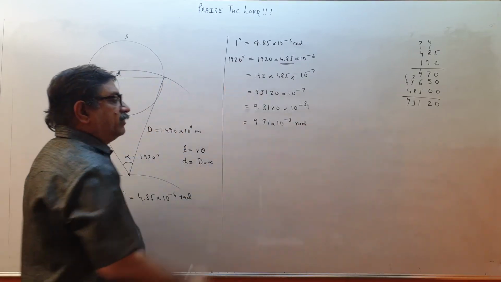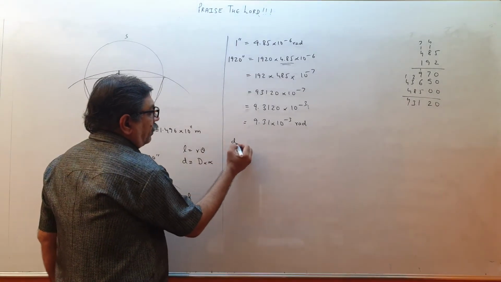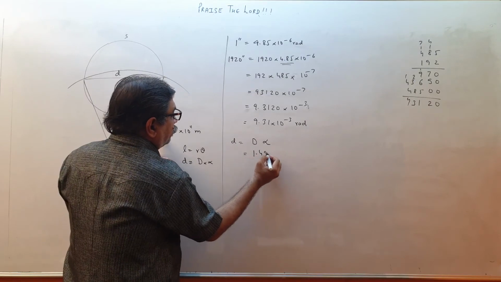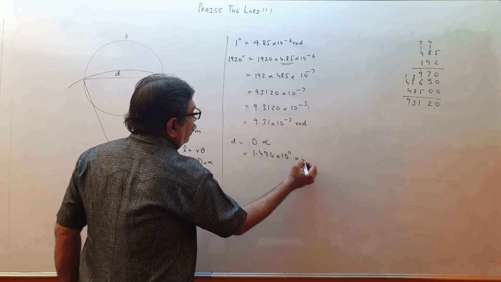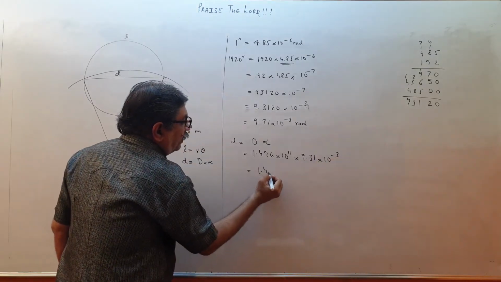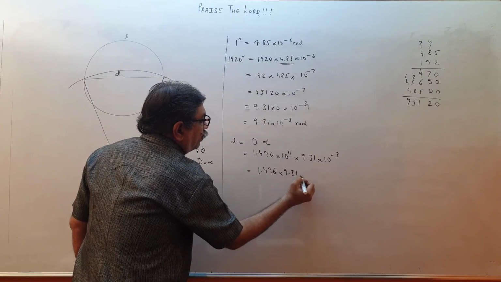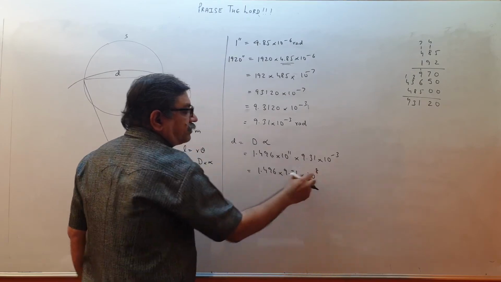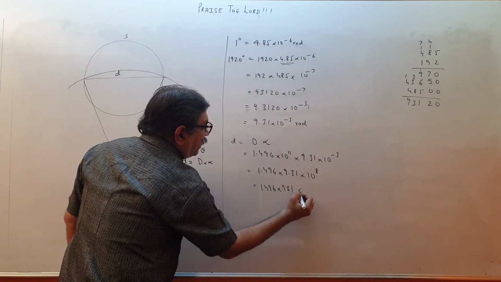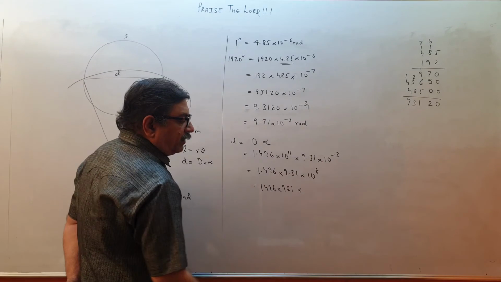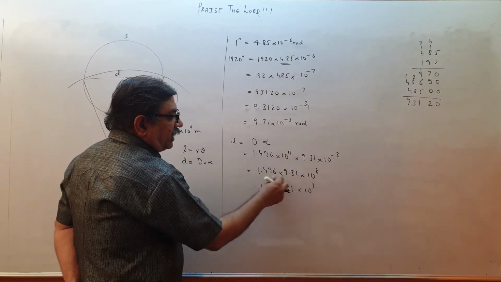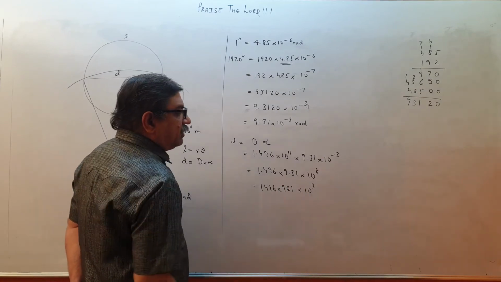This is 920 seconds. Now I put over here D is equal to D alpha. D means 1.496 into 10 raised to 11 into 9.31 into 10 raised to minus 3. So 1.496 into 9.31 into 10 raised to 8. So this is 1496 into 931. 3 places here, 2 places here, 5 places gone. So 10 raised to 3. I give 2 zeros here and 3 zeros here. The remaining 10 cube. I multiply these two.